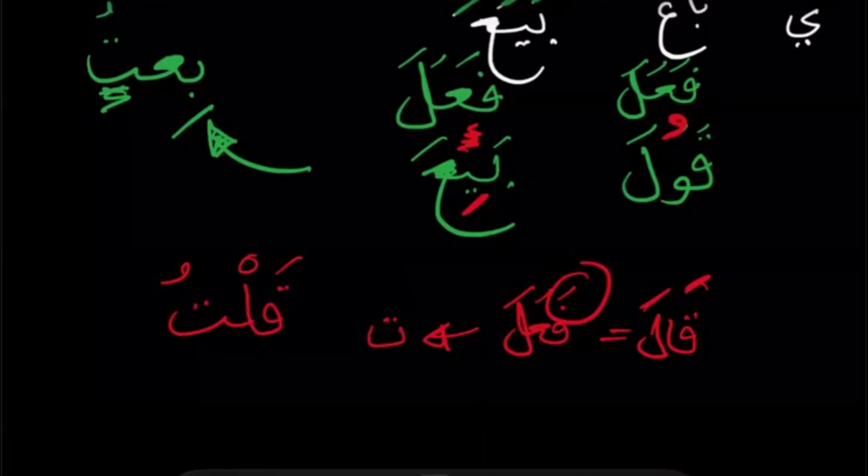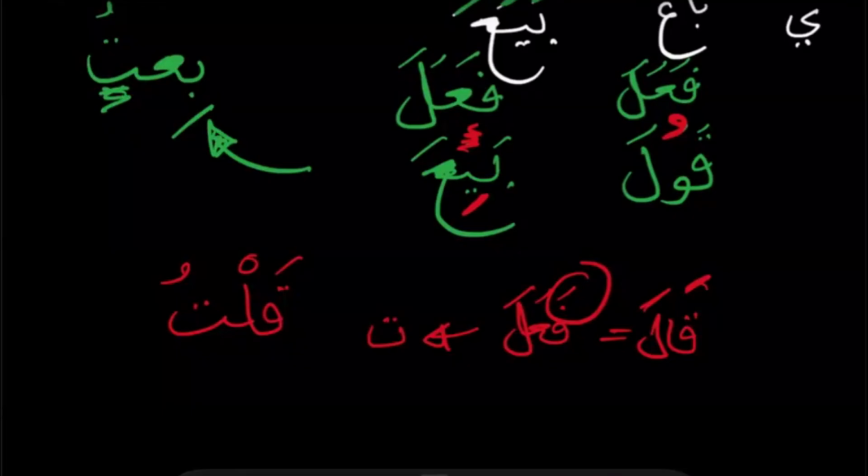So you might say, okay, what's the problem with that? Instead of changing something seemingly arbitrarily, the problem is that there's a rule in Arabic, a broad rule, not an absolute rule, but a very broad rule, which is that you do not omit something in Arabic without a proof for it, without leaving a proof behind, or without exchanging it for something else. You don't omit something in Arabic without a replacement or proof for it. So we're going to have to change